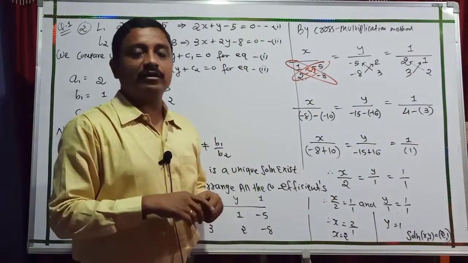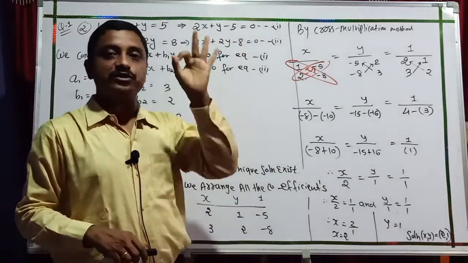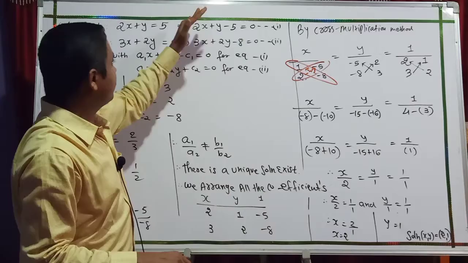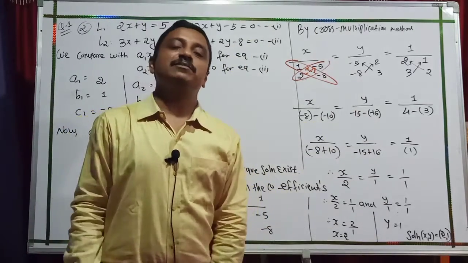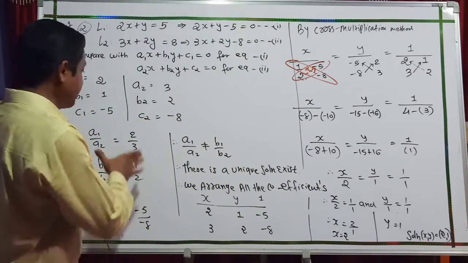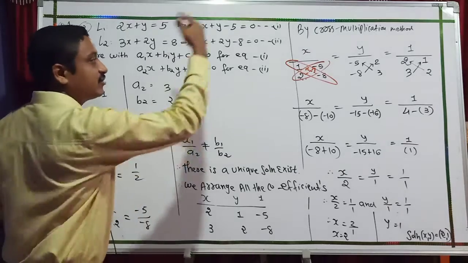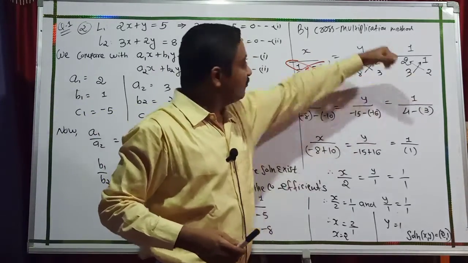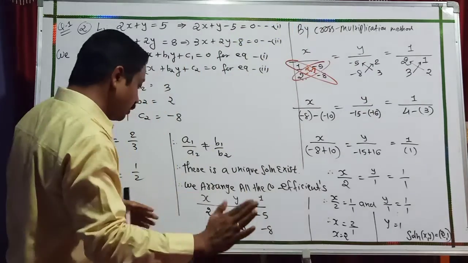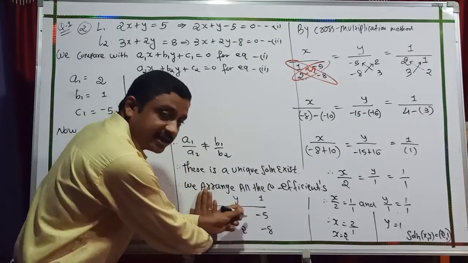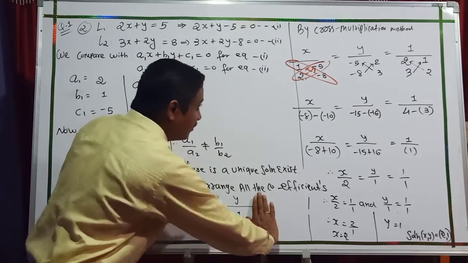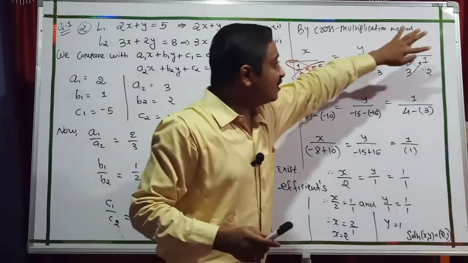If you calculate by elimination and substitution method, students, same answer you get. But here our method is what? Cross multiplication method. So first of all you check the condition-wise, and after that these are multiplied. And this I explain one more time. If you write x below, you put up your hand here. The remaining are same as put. Now if you write 1, then put up your hand here. These are same as. So first you fill this, after that you fill this.